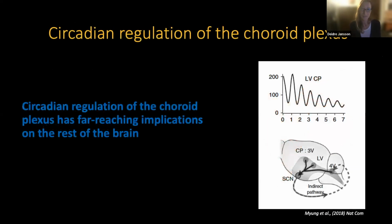Now, the choroid plexus, we don't really know a lot about its regulation, but we do know at least that it is strongly regulated by circadian rhythm. So this was recently shown by using ex vivo experiments, taking the choroid plexus out of the tissue, putting it into a dish, and then measuring